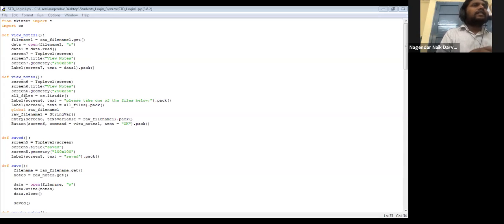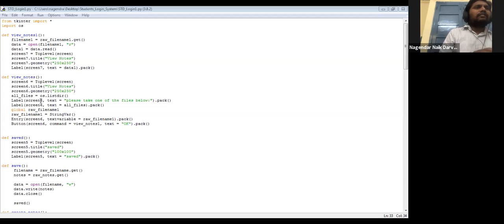But here, when you go for viewing the created file, you need to access the files of the operating system. In computer language, these are called directories. So the list of directories of the operating system needs to be accessed, and that list of directories is given to all files.